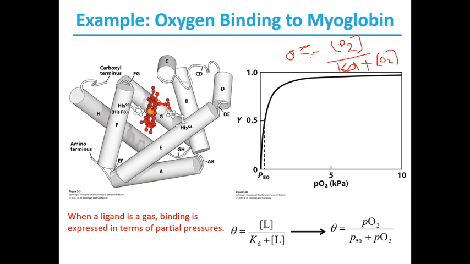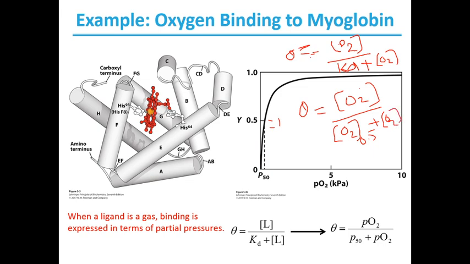Now we can say that, as with any ligand, Kd equals the O2 at which half of the available ligand binding sites are occupied. So this is the Kd in this case. So we can easily convert the equation to O2 divided by O2 at 0.5 plus O2,